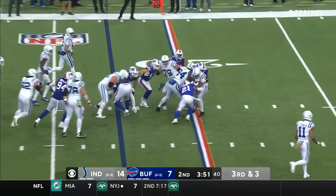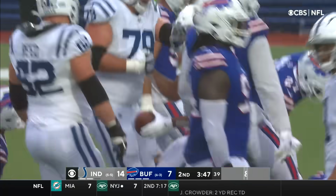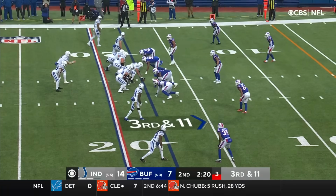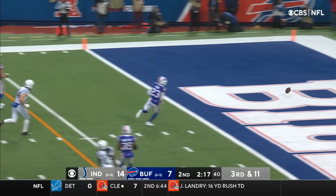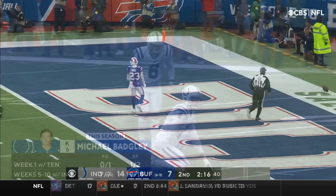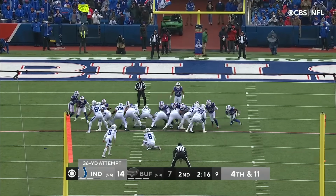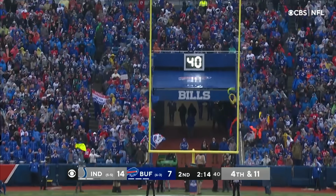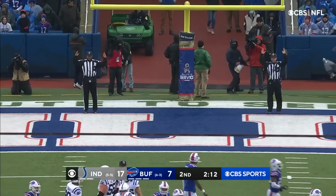It's Taylor busting free, and he takes a pile, and he moves the ball down to the 16-yard line. Fisher the block. It was deflected. It ricocheted off. Wentz escaped and was able to get down there in field position. The defense holding strong. Badgley perfect this season and stays that way in a 36-yard field goal to build the